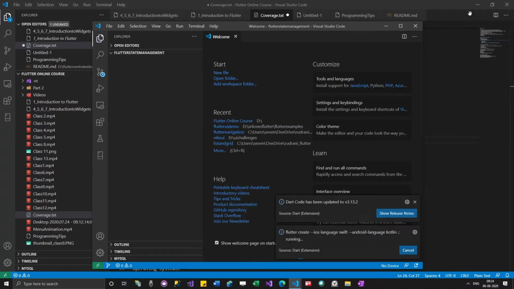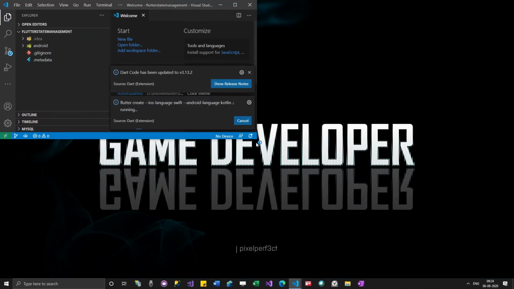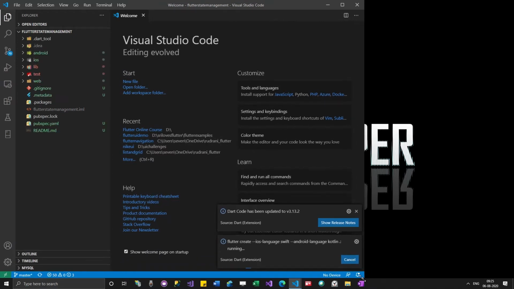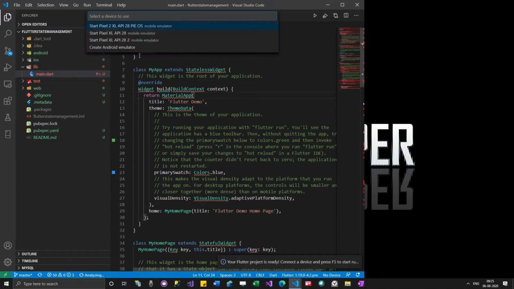Now I have created a project. Let me minimize the background. Let me open the emulator as well.